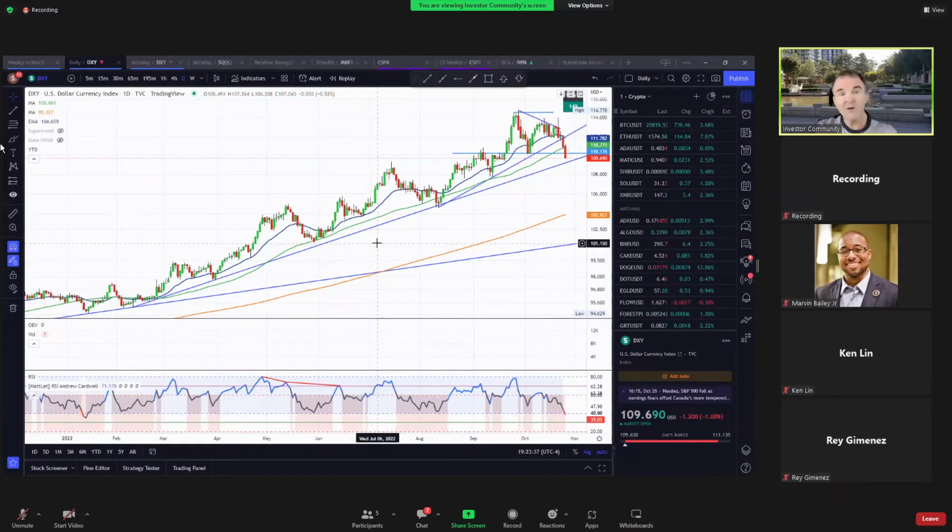If the dollar's coming down, equities shouldn't be having a problem. So we're seeing a lot of what is good news for U.S. equities and good news for global equities in our dollar index, in the yields coming down the way they are, and in the volatility index coming down the way it is. This is all good news for us. All right, let's take a look at gold really quickly and some of the other metals.